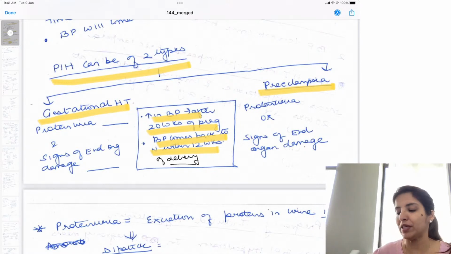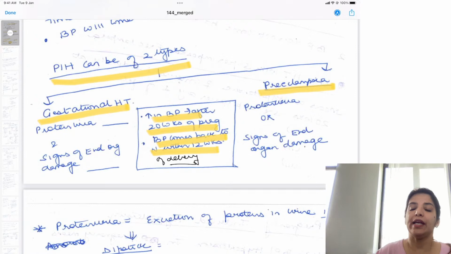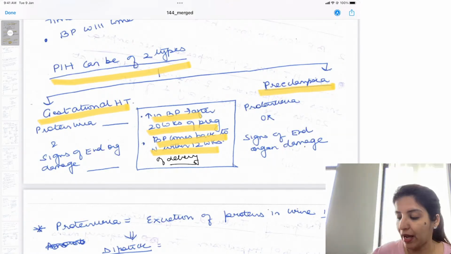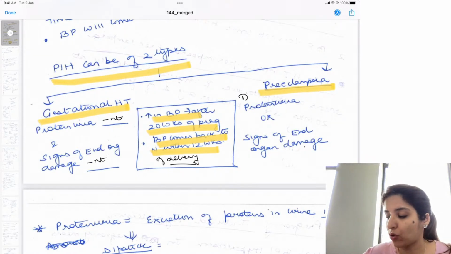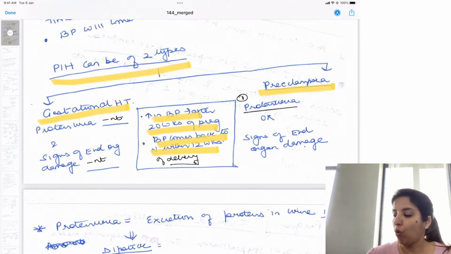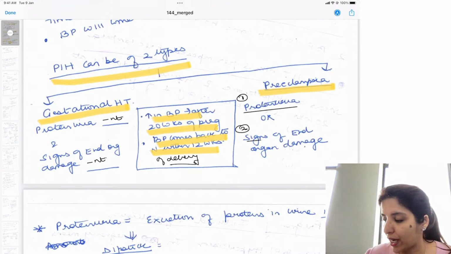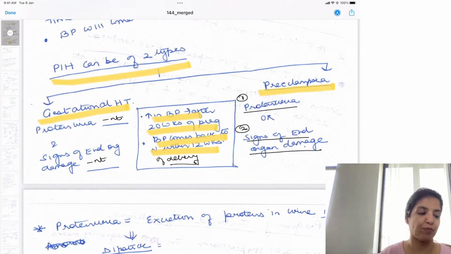Now the difference between them is, in case of gestational hypertension, proteinuria is absent and signs of end organ damage are absent. Whereas in case of preeclampsia, either you are going to get proteinuria or you are going to get signs of end organ damage. So if you are getting proteinuria,